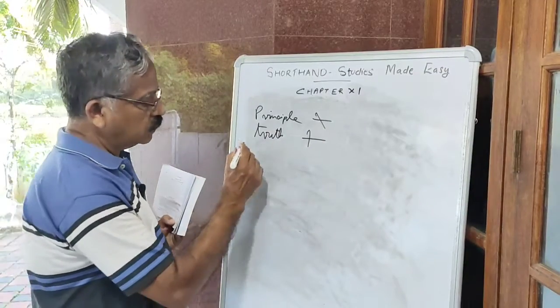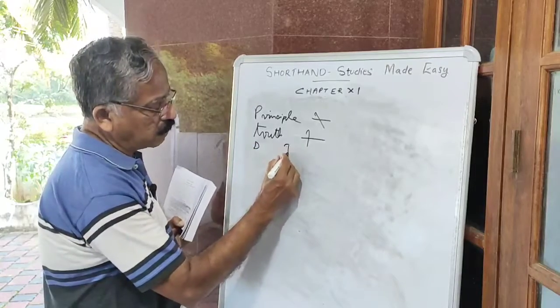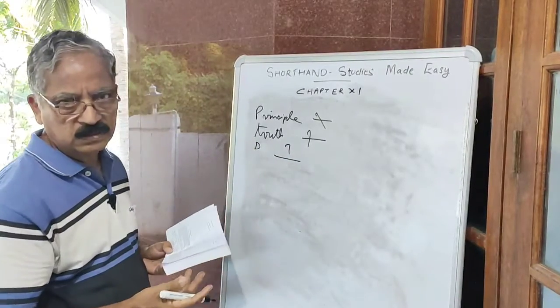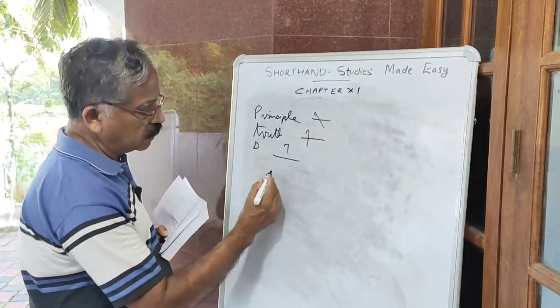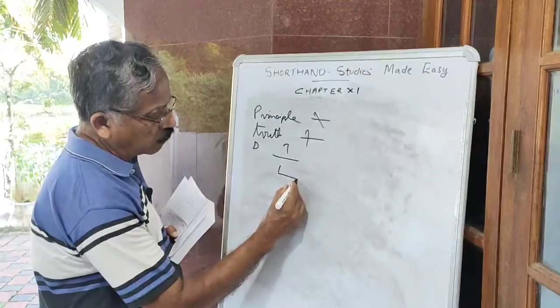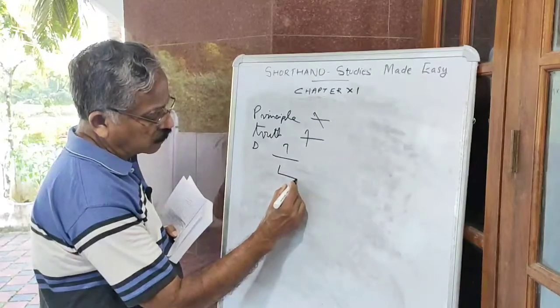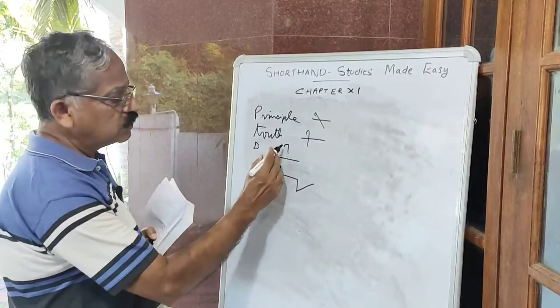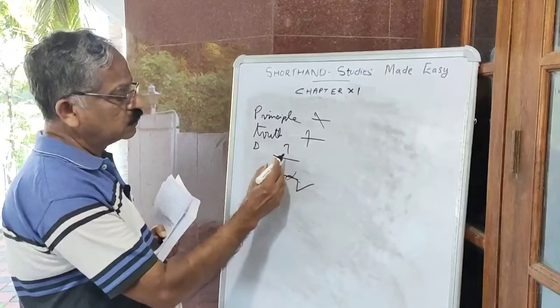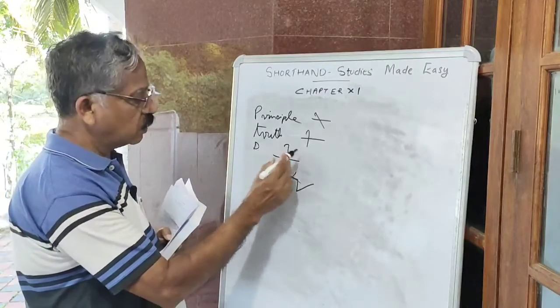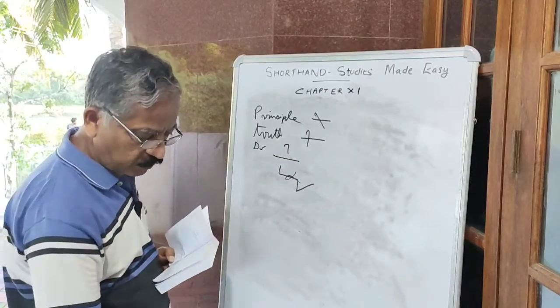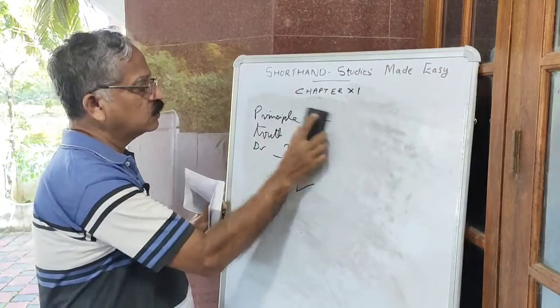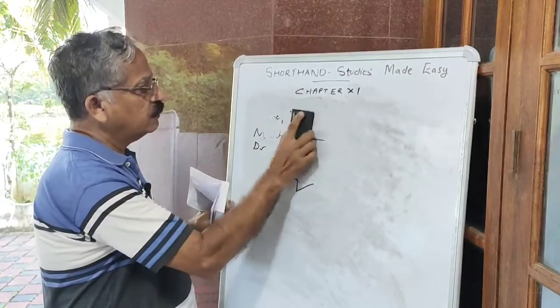For example, doctor. How do you write doctor? Der above the line. Doctor. Otherwise, what would you have to write? All these outlines you have to write to make doctor. So instead of writing all these things, you simply write Der above the line, doctor. It is the symbol form of doctor. These are gram blocks. You have to study them from this chapter.